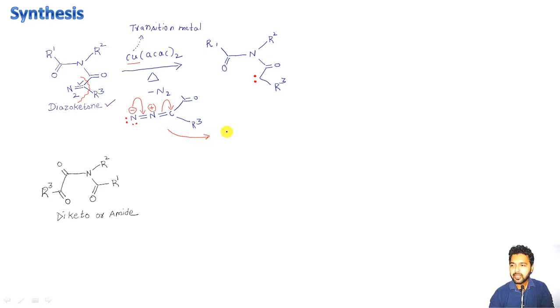What will happen is it will now result in the formation of nitrogen. This will now become a triple bond. This nitrogen, this will now become a single bond. Carbon here, these 2 groups, R3 and this carbonyl as it is, right? So now this will be having 1 lone pair left, and moreover this will also be having a lone pair like this. Okay, and definitely we need to put a positive charge here and a negative charge here on this carbon atom. Once again, dear student, these are the formal charges.